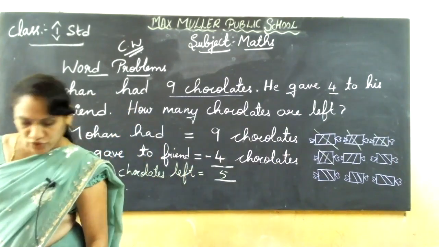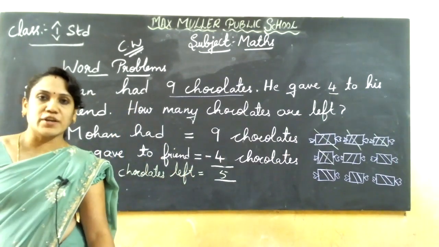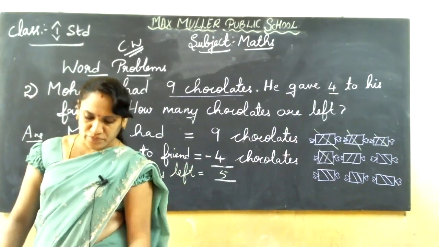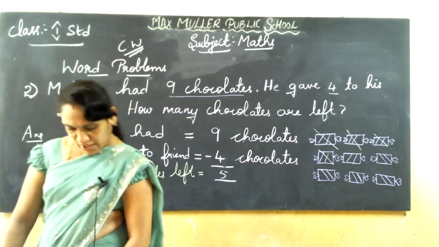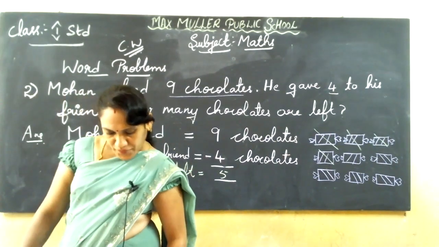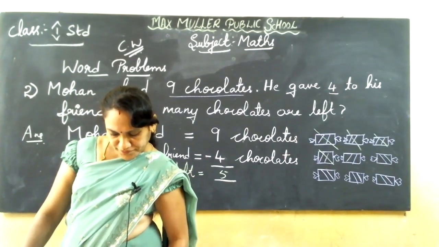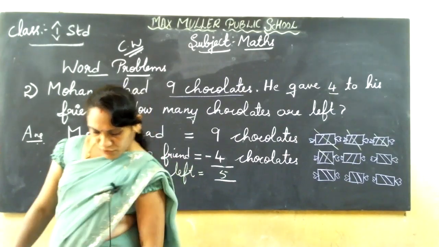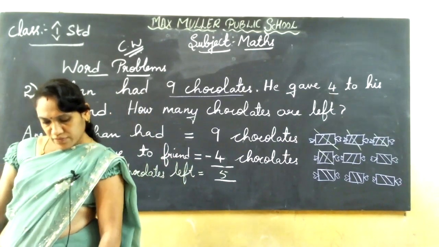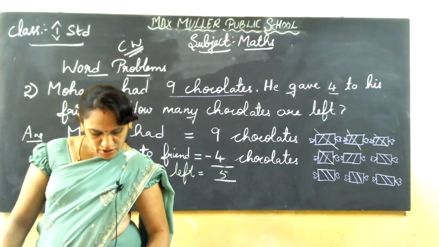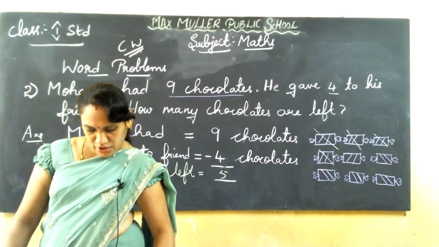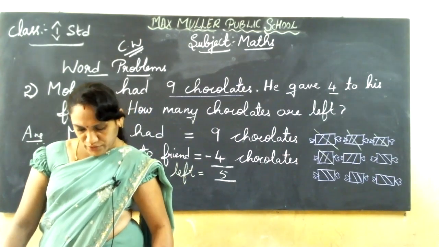Today in the classwork book, you write word problems. I gave that first one, the pizza sum, and this chocolate sum. 2 sums are enough for today's classwork, and homework I gave. Then I'll continue with the textbook. So keep the textbook ready. Page number 93. You keep it ready in the textbook. 93 and 94 will do.